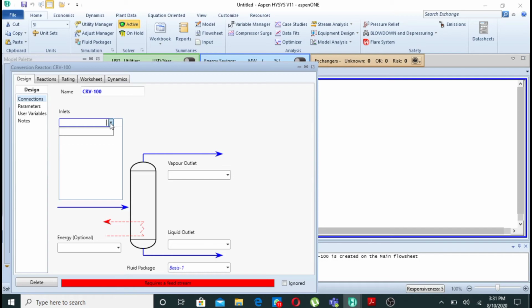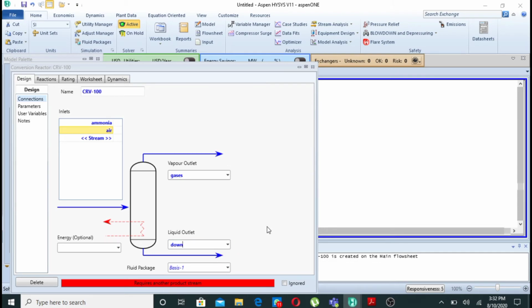So I am having two streams. First is ammonia, so I will write ammonia, and the second stream is my air or oxygen, so I will write air. And in the vapor outlet I am getting my gases, like converted NO and water in the vapor form, so I will write just gases. Down outlet you can just write as down, so I had written down.